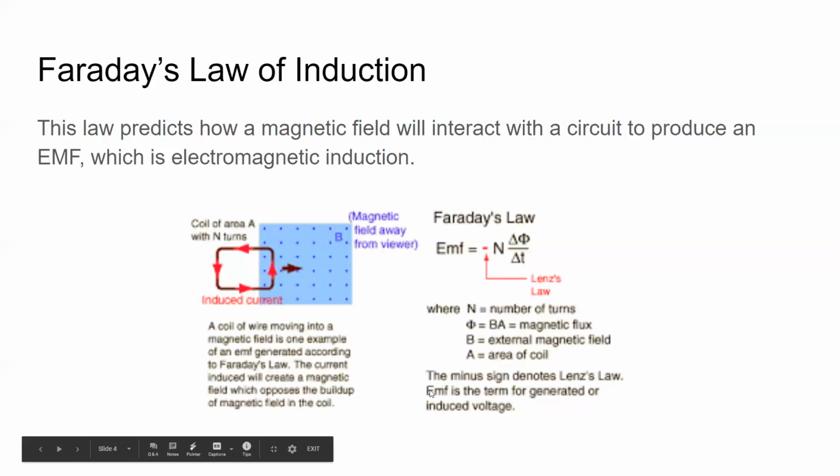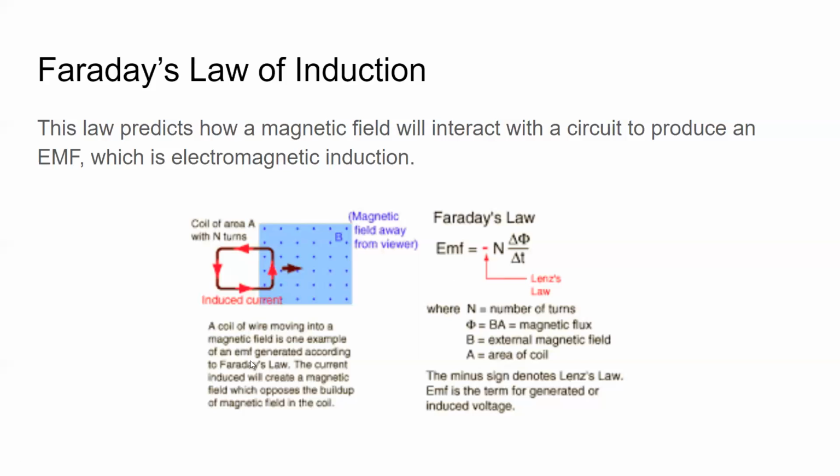But as you can see here, this is the coil of wire, and this is the induced current. So a coil of area A with N turns, and this is the magnetic field, and it's going this direction. So a coil of wire moving into the magnetic field is an example of the EMF generated according to this law. So the current will create a magnetic field, which opposes the buildup of magnetic field in the coil,